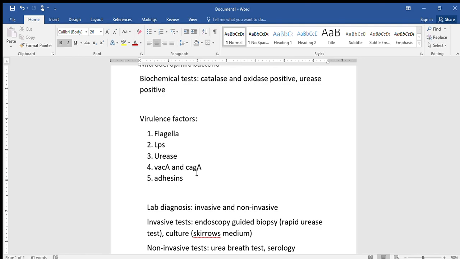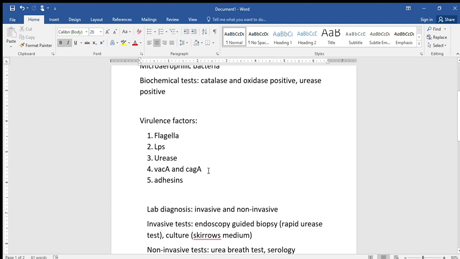That is, they are the pathways used by the microorganisms to transport any type of proteins, any type of DNA across the membrane. Here the membrane is of course the mucosa of the stomach. So this CAG, now with the help of this type 4 secretion system, there will be the injection of some effector molecules into the mucosa of the stomach, and there will be some changes in the gastric epithelial